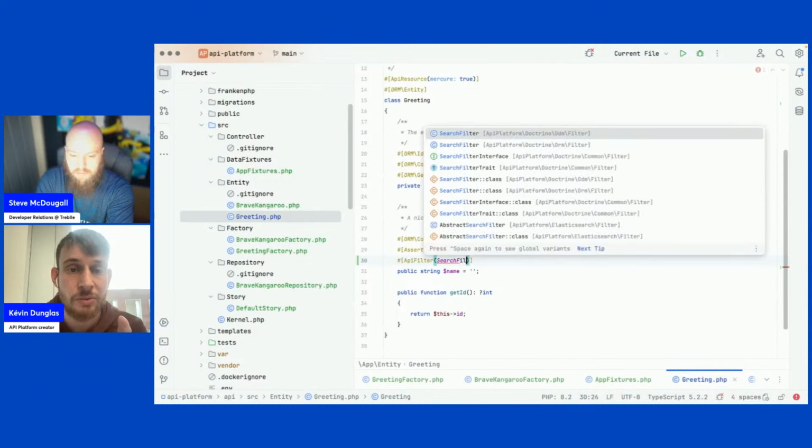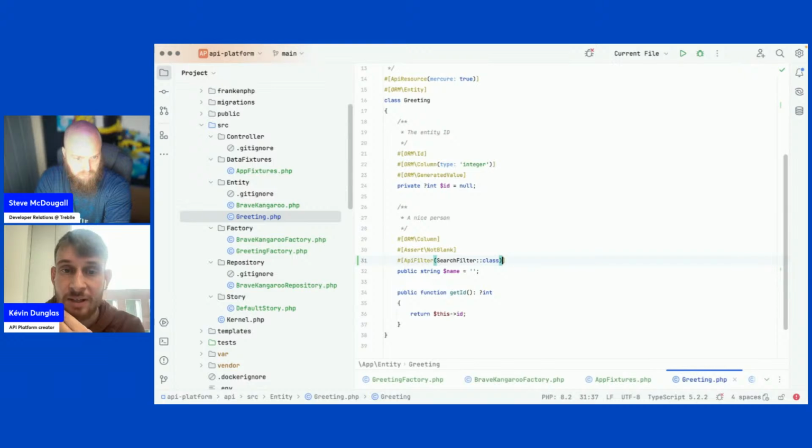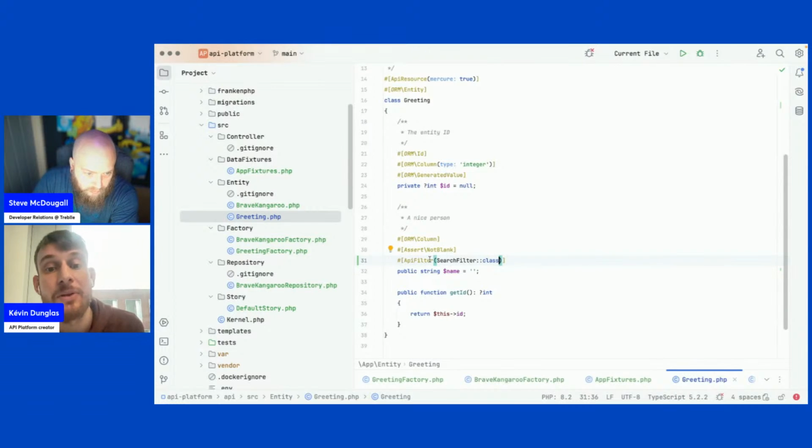Be sure to select the one for Doctrine ORM, so the second one here. Class is just the class name, and it's optional too. But you should add a strategy, so as a second parameter, you can type strategy.